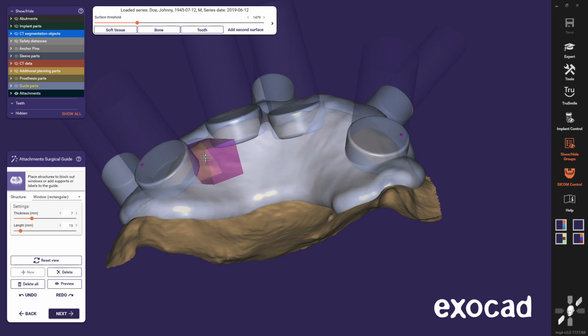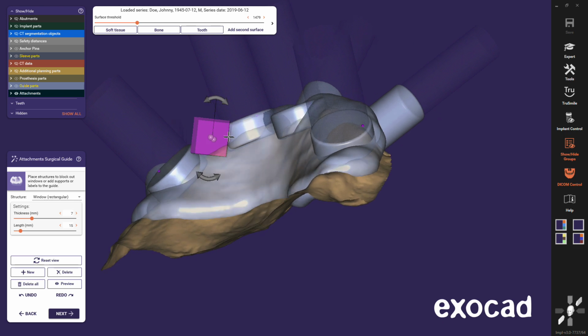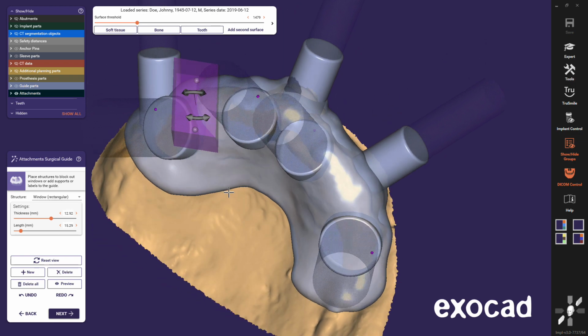Also new in this release are the arrows to easily rotate the support and window attachments. It is also possible to morph the shape. Hold both Shift and Ctrl pressed and move the mouse to morph the shape of the attachment.